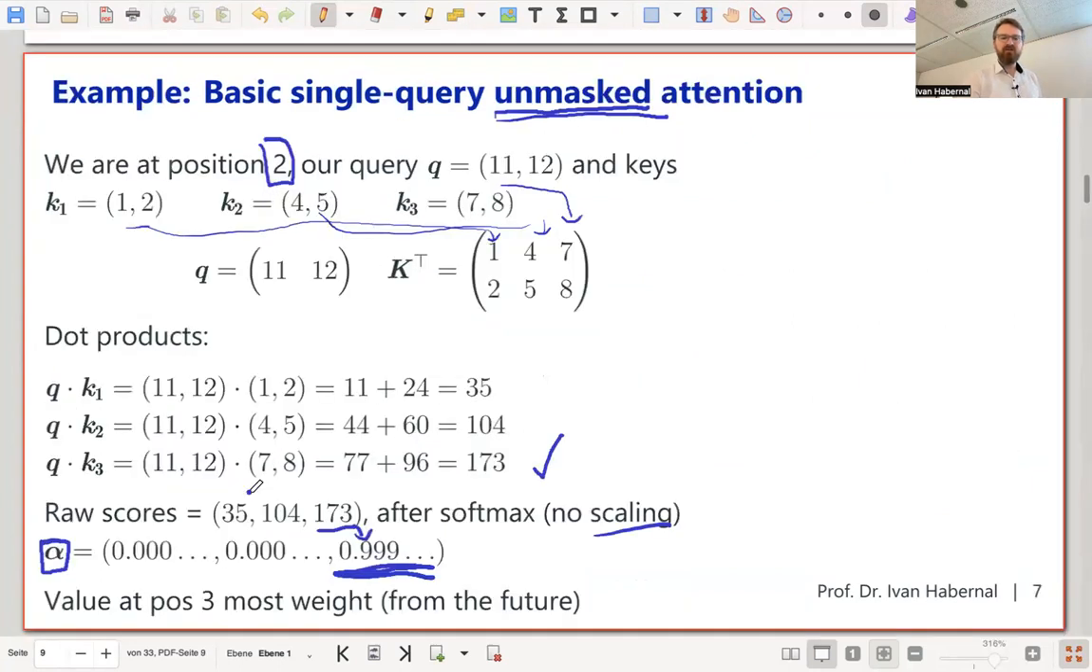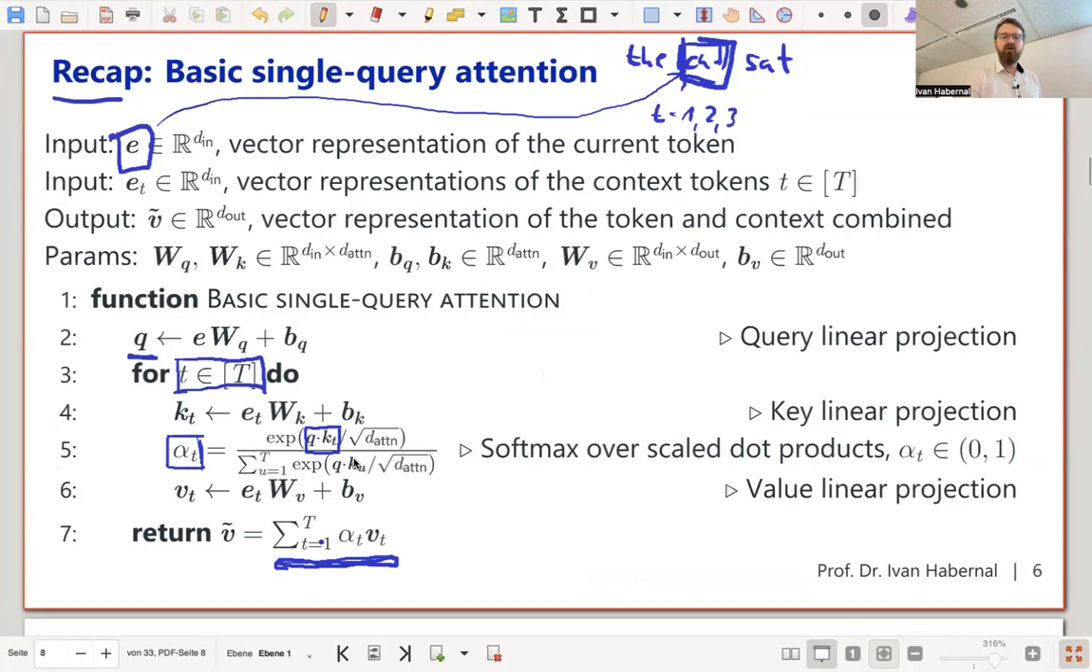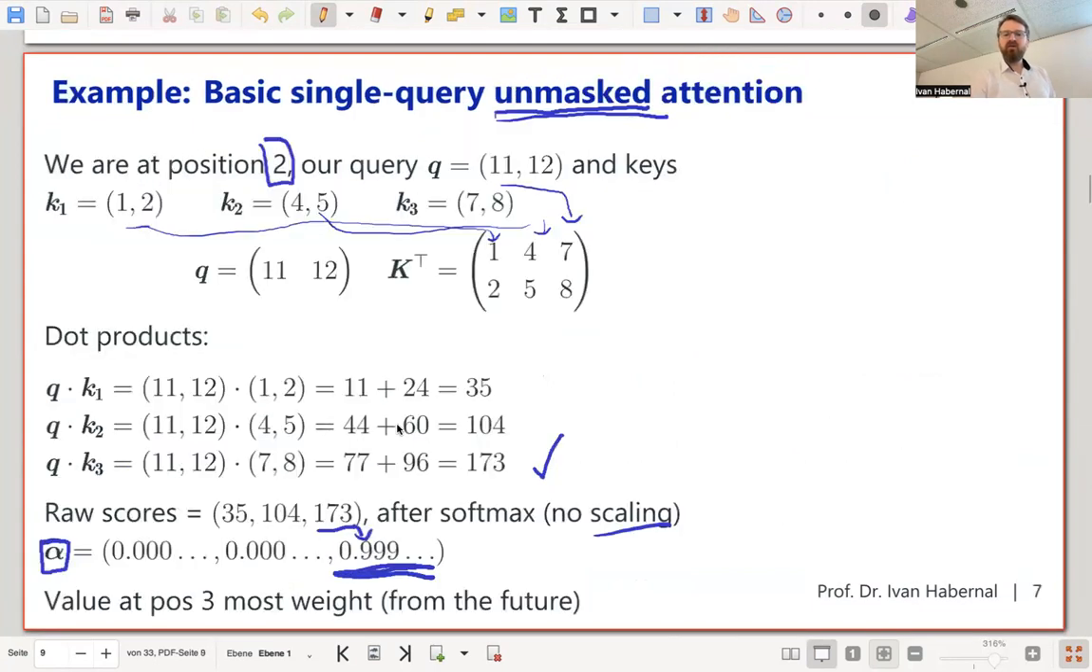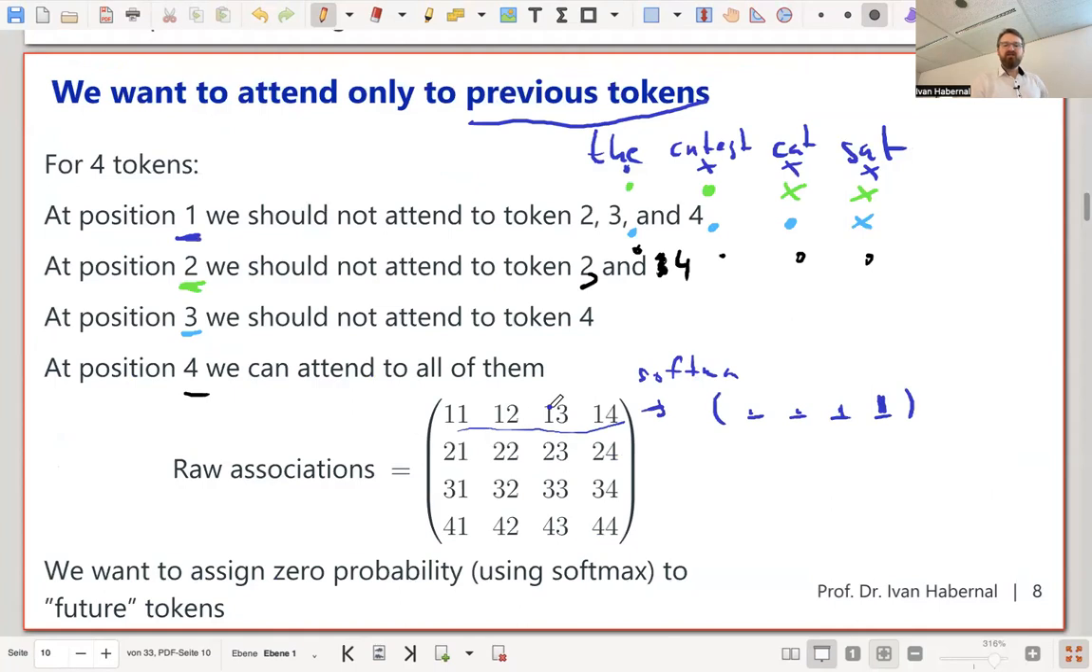Here we had an example. So we took this row and ran softmax to get a probability distribution. And you would do it for each row. For each row of association scores, you would run the softmax. So we're running this on each row. What we really want here is to assign 0 probability to the future tokens, because